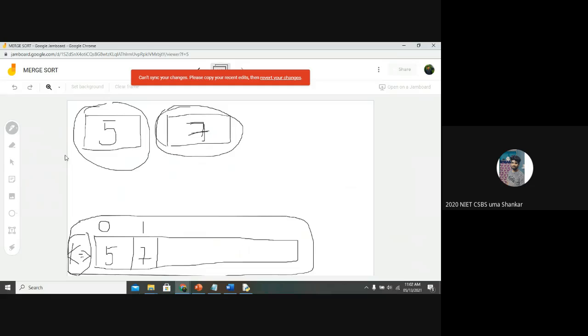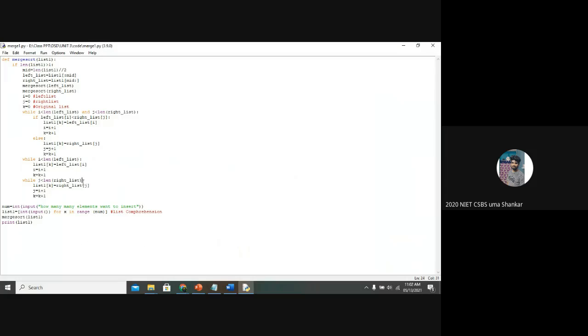Okay, sir. And one more thing, in the list we have given, if we forgot one number in that list, we can use append function and list function, sir. Which one is better? No, while we are giving numbers, inserting the numbers. This is the better thing: if you get a range from the user, and after that, based upon the range, you can give an input. If you are using an append function, it will be added at the end of the list, right? Yes, sir. So if you want to add it in the middle of the list, then the program will be continuously going on.